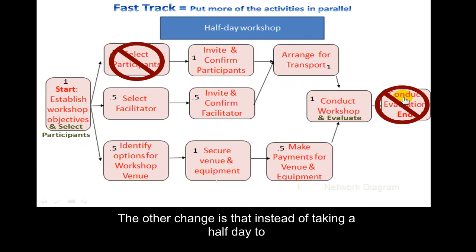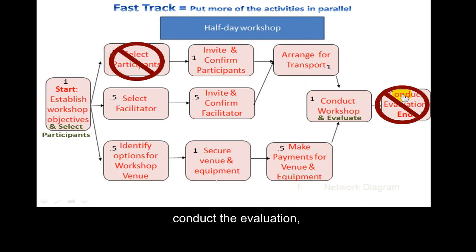The other change is that instead of taking a half day to conduct the evaluation, we could do that as part of the workshop. So I've done evaluation in parallel so that you now have conduct workshop and evaluate, so you've saved some time